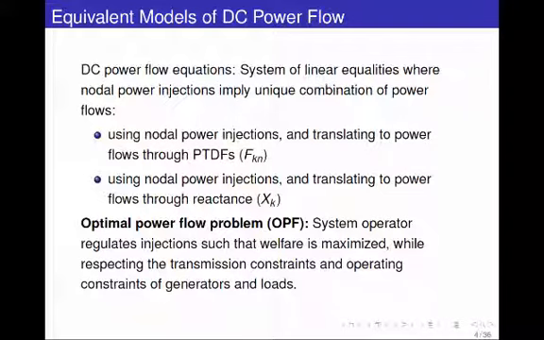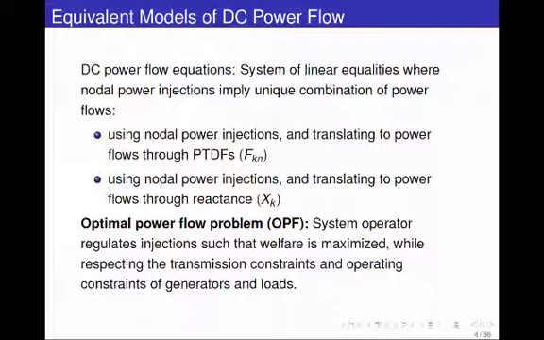Now, the moment you impose limits on the lines, on how much power can flow through the line, there's a chance that what you would have done in economic dispatch is now going to violate the transmission limits of the line, so we need to account for that. And there's two ways we can model this. We can either use the power transfer distribution factors, where the decision variable that we're using for modeling power flows is